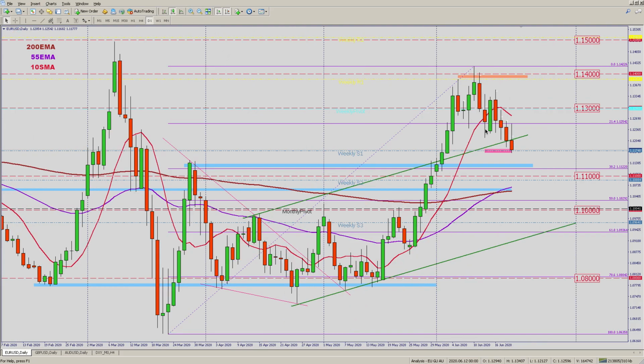And after attempting to climb up higher, it's been rejected and fell over the last 4 days of the week right to the intermediate support that we had highlighted last week, which turns out that is also at the weekly S1 pivot and starting to break back into the previous bullish channel,